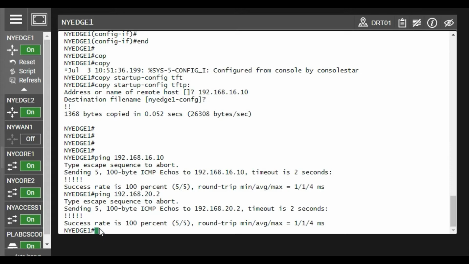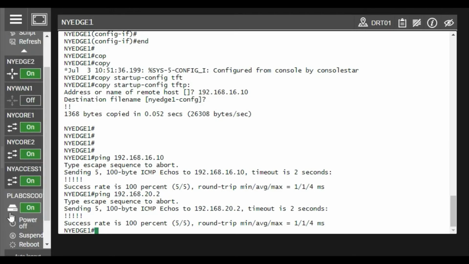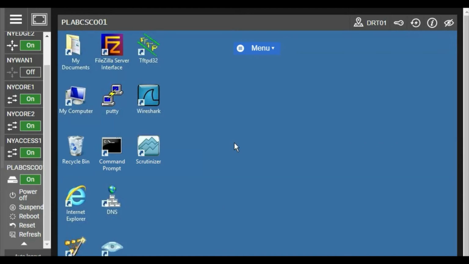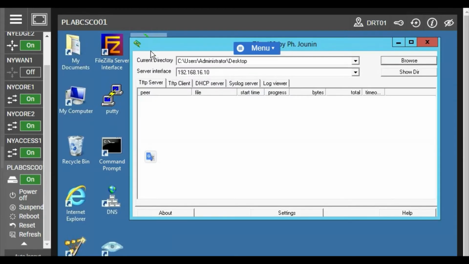Okay, now how can we keep its backup configuration in your server? We can do it in a very easy way with the help of a TFTP server. So we have to run a TFTP server on your server or on your PC. So the TFTP server should be installed.